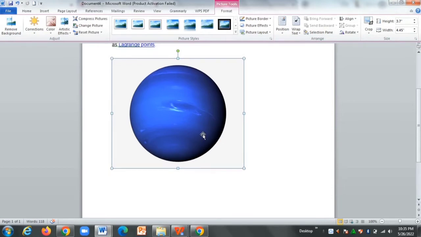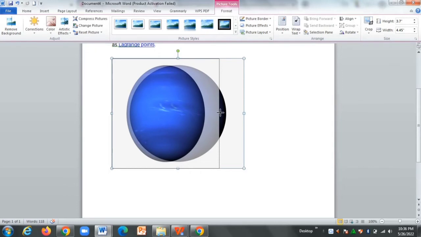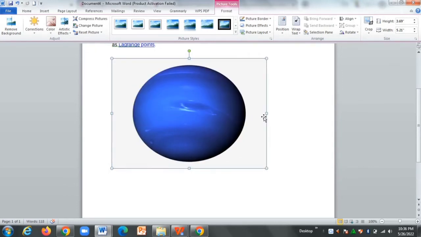Then the image will change its size while keeping the same proportions. So if you want to stretch it horizontally or vertically, you can use the side sizing handle. So these sides are the sizing handles. Say I will stretch it then or